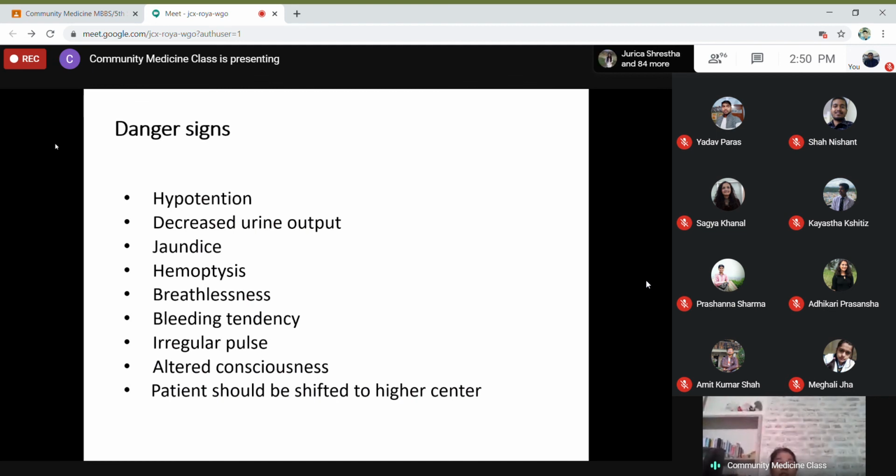So all patients who develop danger signs, this is similar to what has been developed for dengue as well. Dengue we cannot admit because the number of cases of dengue is huge. Dengue is in the millions. So that is why they have developed a list of danger signs just like this, and patients with danger signs need to be hospitalized. So we have to reserve our hospital facilities for people who need it most. And therefore, if a person has hypotension, decreased urine output, jaundice, hemoptysis, breathlessness, or a bleeding tendency,